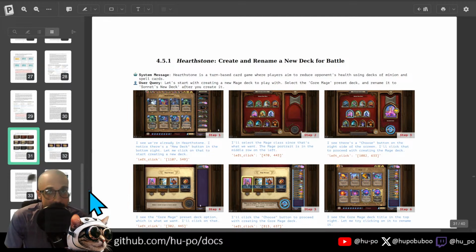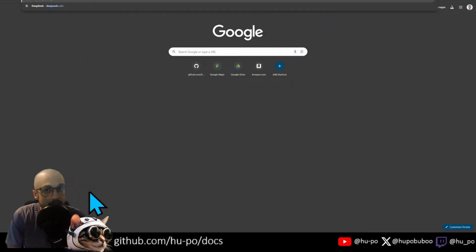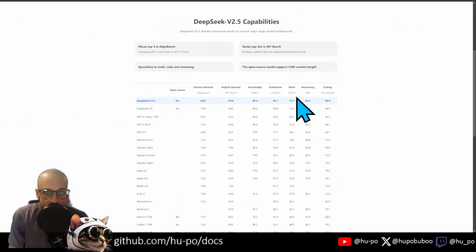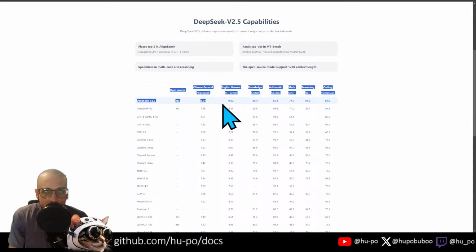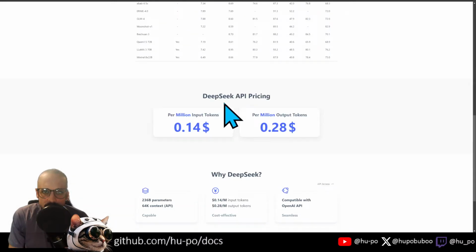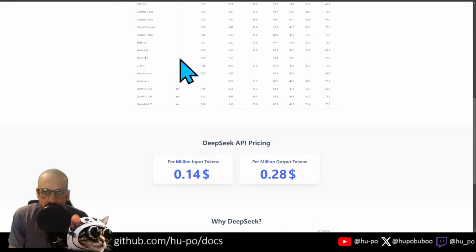I think that's already the case. I think open source is doing really well. There's DeepSeek. This was in the news because it's basically an open source O1. I don't know which one it is, but